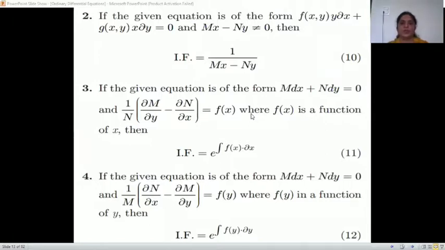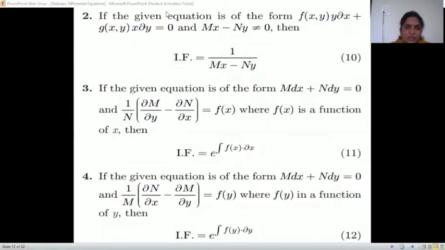Okay, good. Then the next condition: first we have seen if the homogeneous equation is there, or second, if the standard form is there, then 1 upon Mx minus Ny. Next condition is, if M dx plus N dy equals 0, and if we check that your equation is not